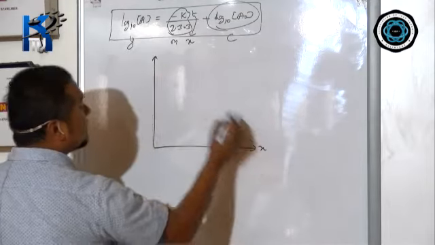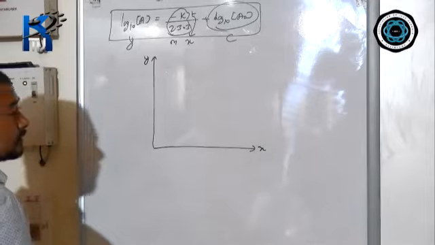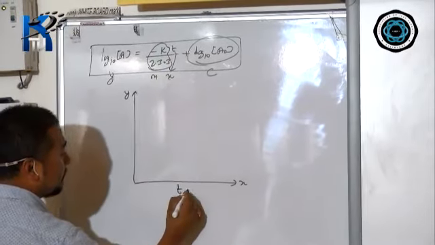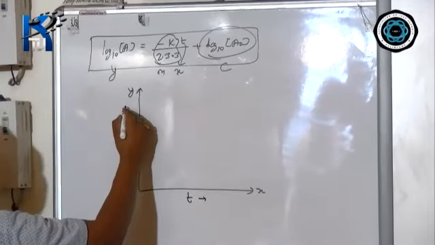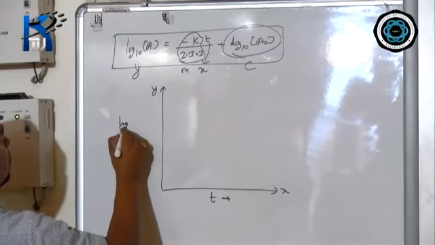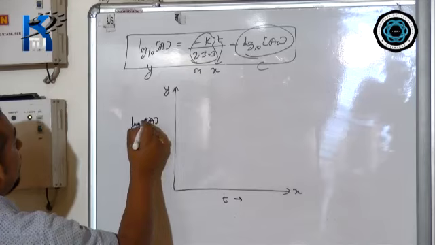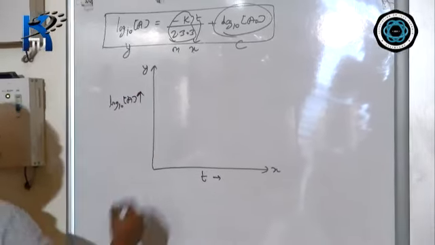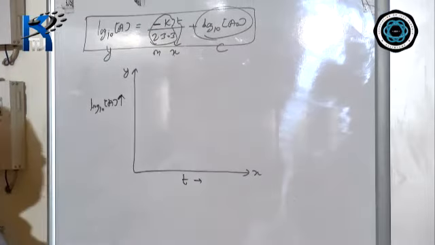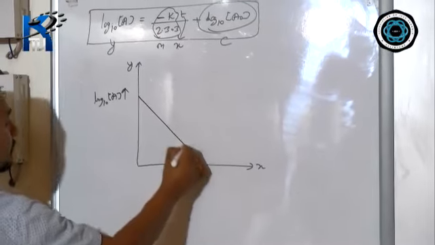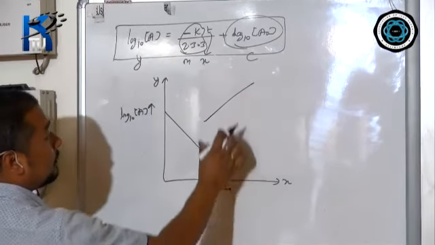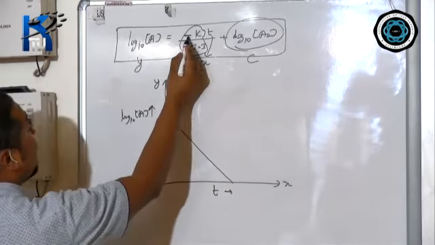So this is your x-axis, this is your y-axis. Okay. Now in x-axis what we have? Time, t, and in y-axis what we have? Log to the base 10a. Along y-axis we have this. Now since the slope is negative, so we get descending slope. Okay, if the slope was positive, we could have got ascending slope, but since it is negative, so we'll get